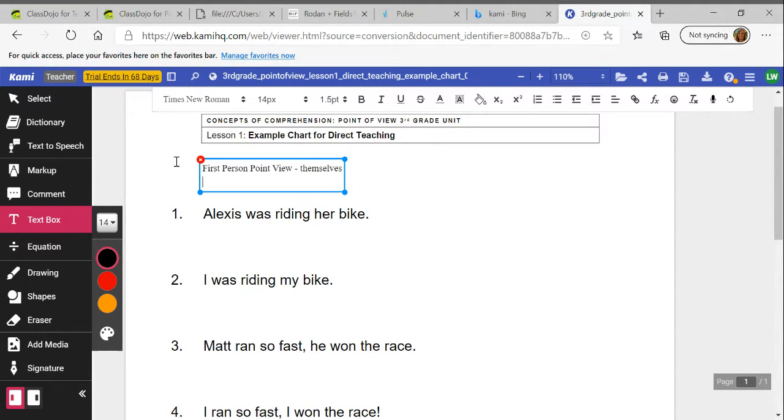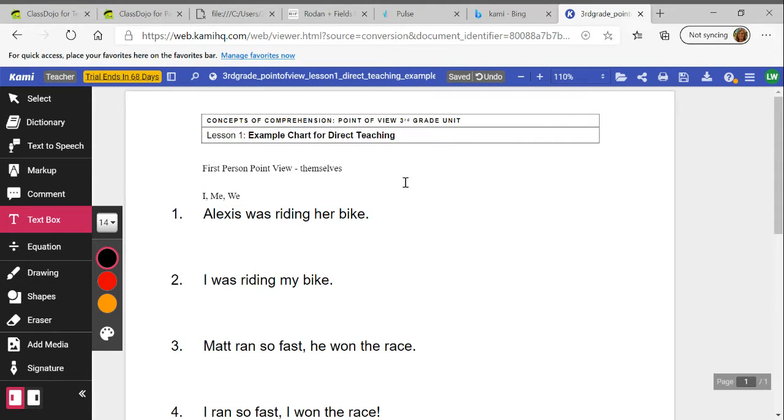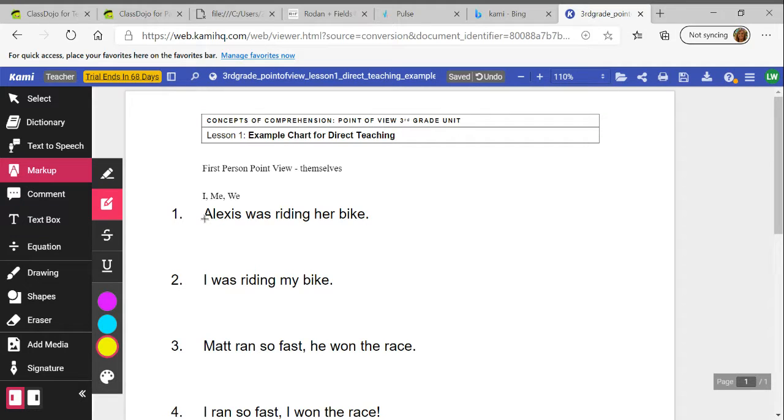We're going to focus on words in first person point of view like I, me, we, where the narrator or the author or the character is referring to themselves. So you can think of first person is I. This is when you're telling a story about something you did. So we're going to look at some sentences here and decide if they're being told in the first person point